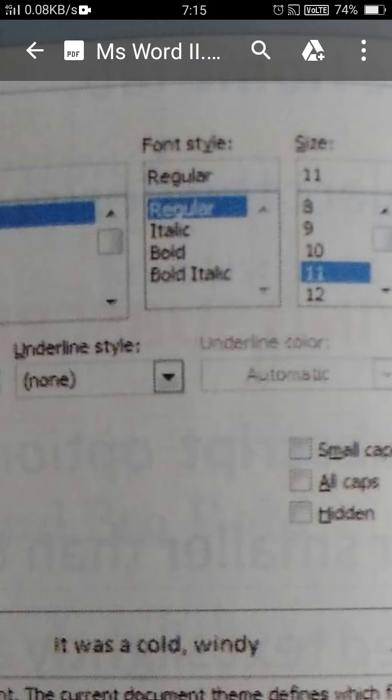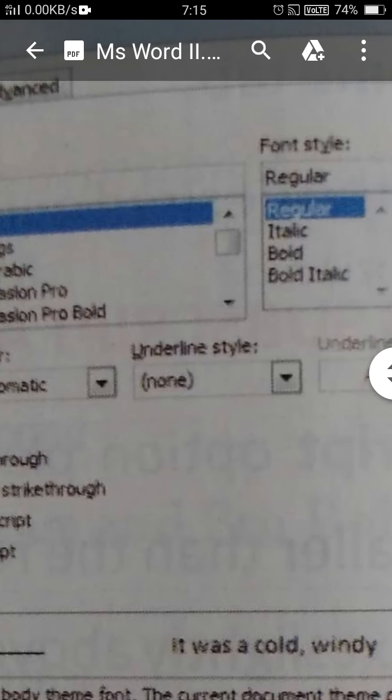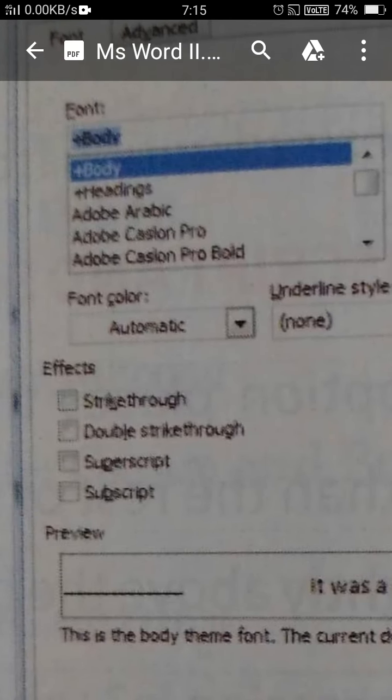Font size, for changing the size of your font. I have told you already about these options. After that, effects, check on the effects. Strike through